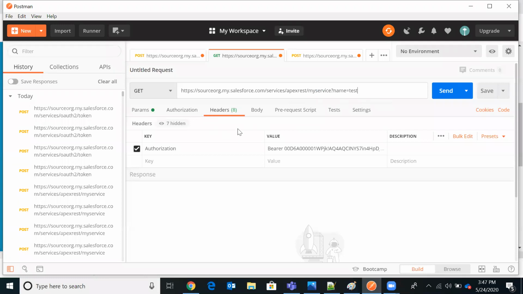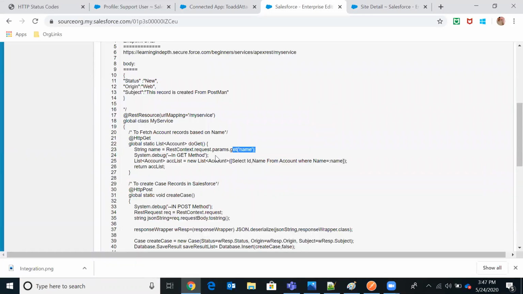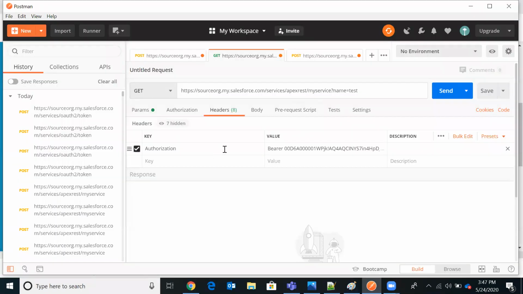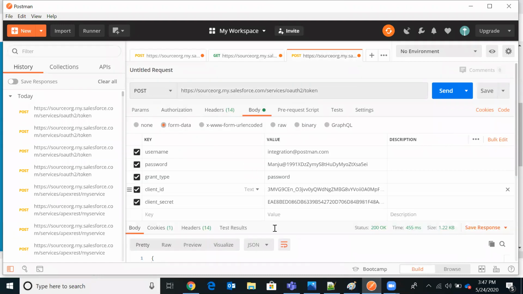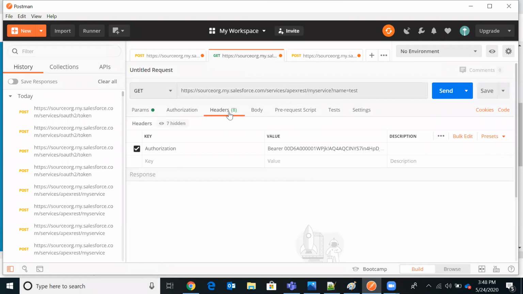Now for this get call there are two parts. Authentication is successful. We have the access token from the initial call. It's a post call, and we got the access token. By utilizing that access token, I'm going to fetch the account details.